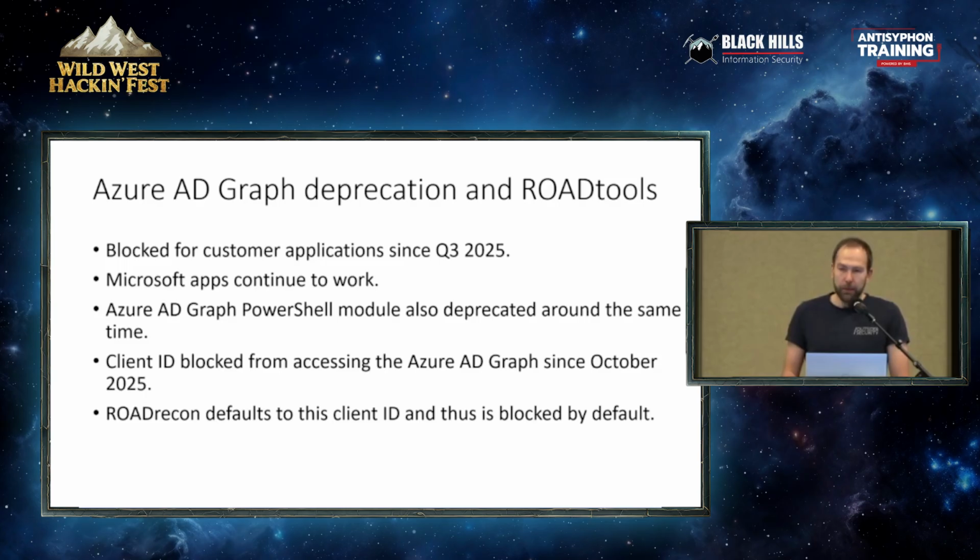So if you use the Azure AD PowerShell module, they also block that actually. That was the main client that Recon was using, and they basically started blocking that in October. That's when my build pipeline started failing, so I was aware of that pretty quickly. Basically, they changed that, they're blocking that.